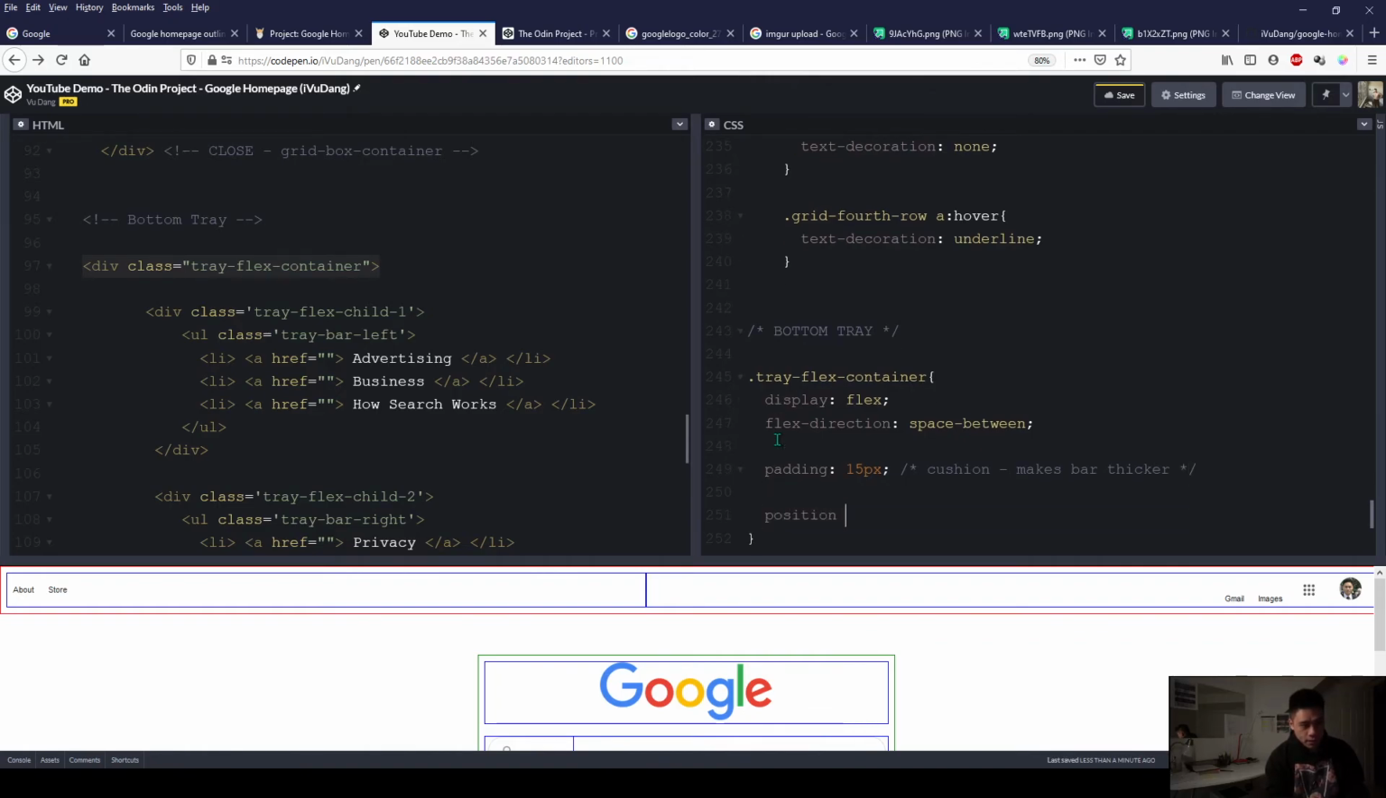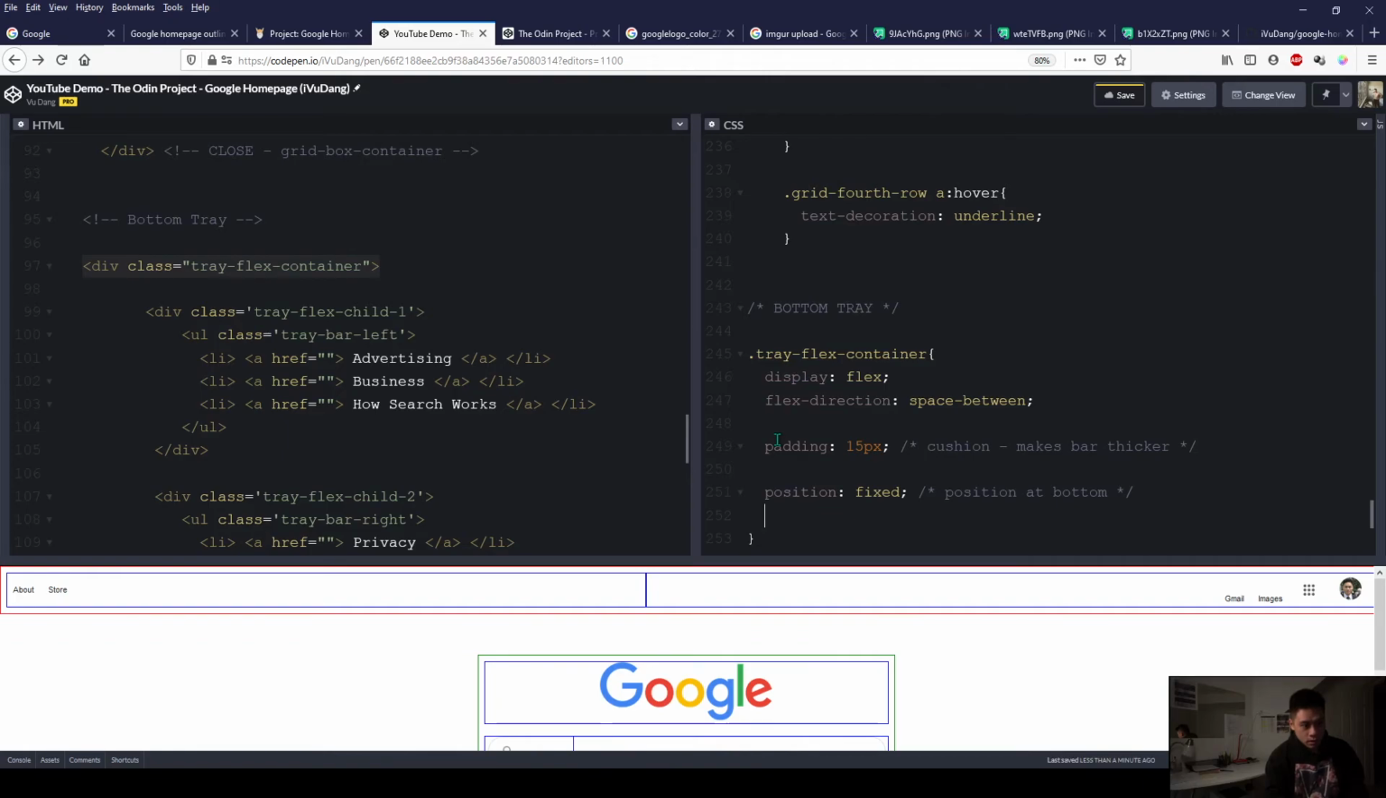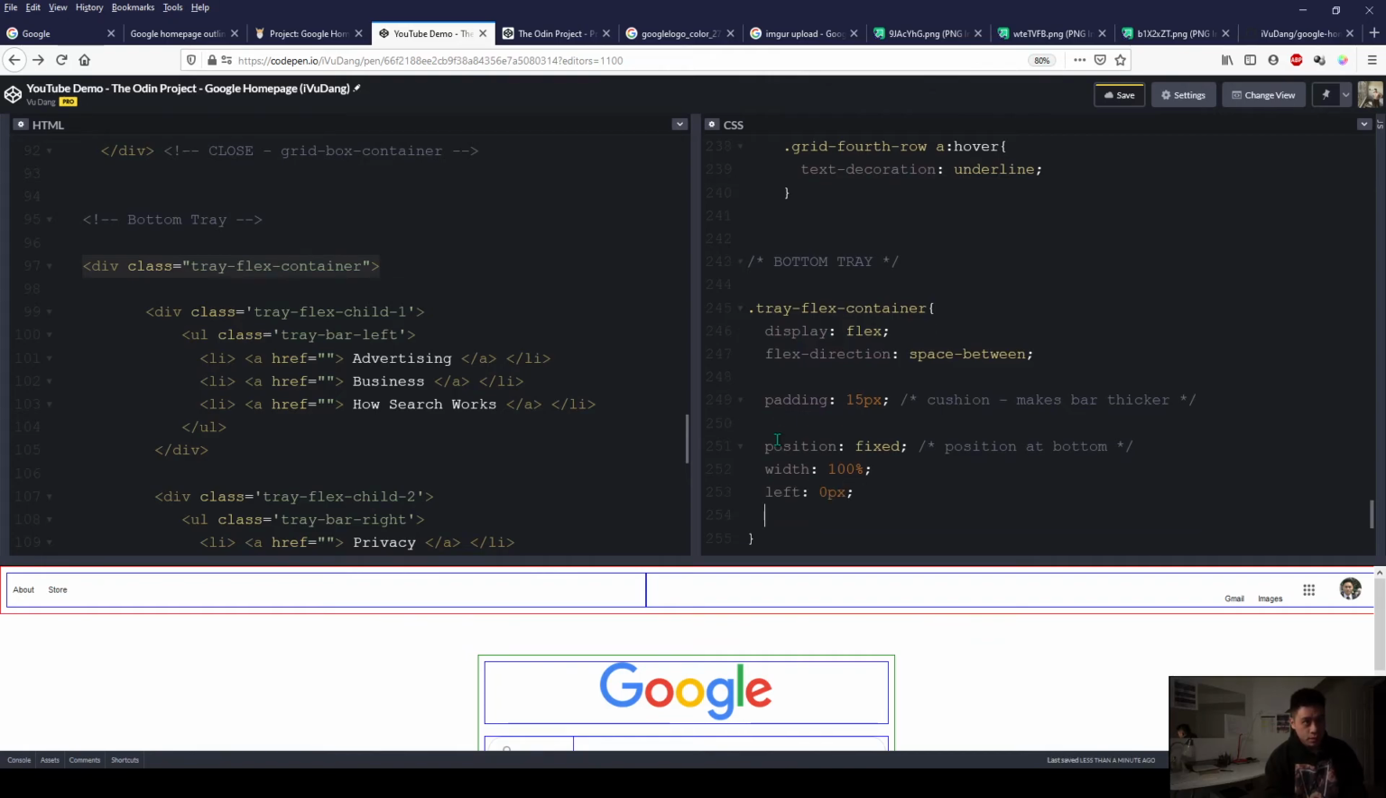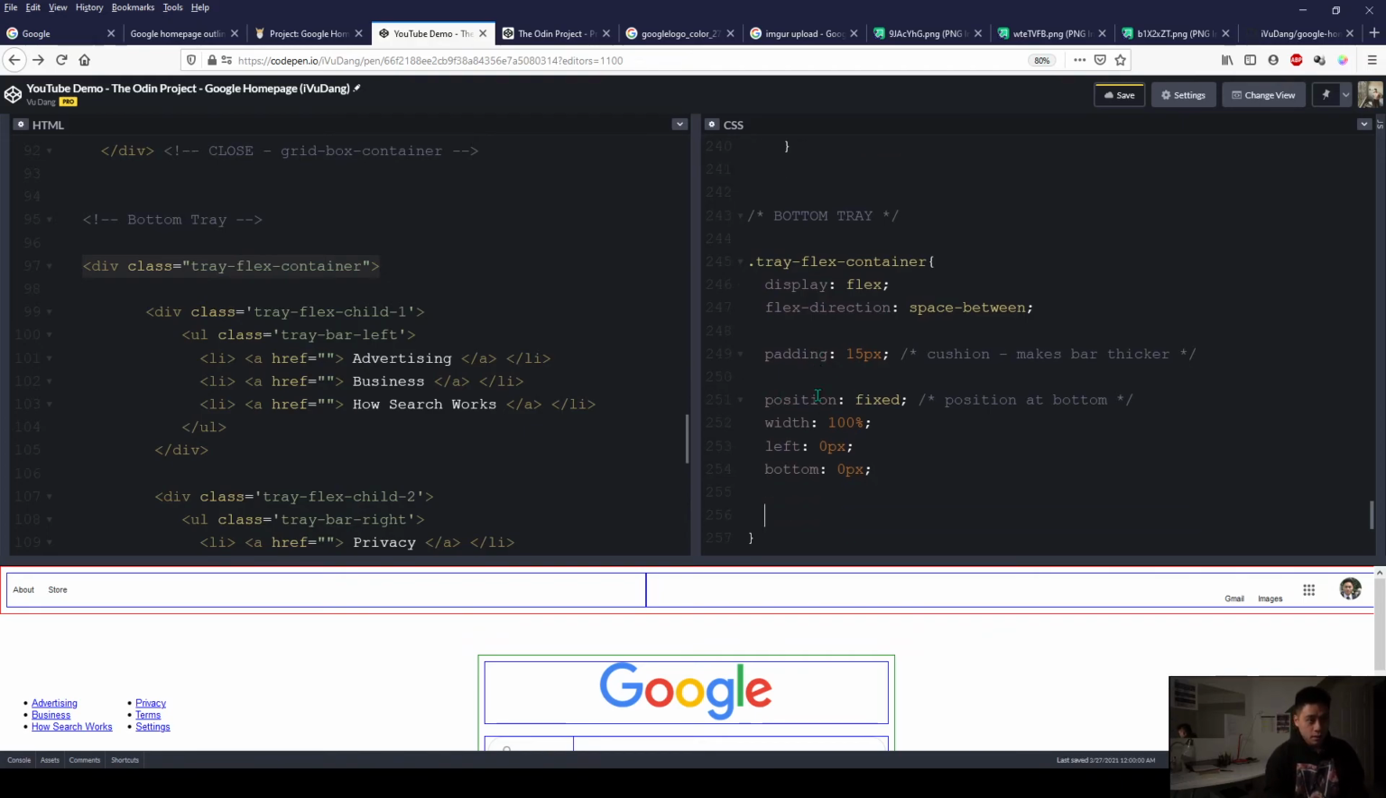And position fixed. So this will position it at the bottom. Width 100%. Left is 0px. And bottom is 0px. And our background color,